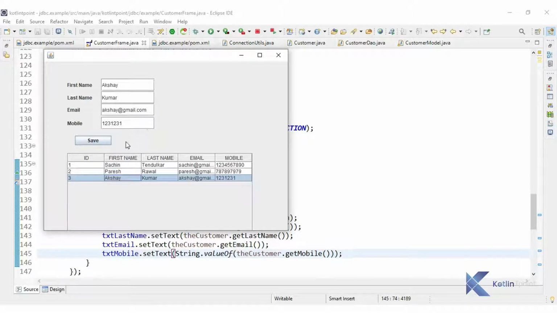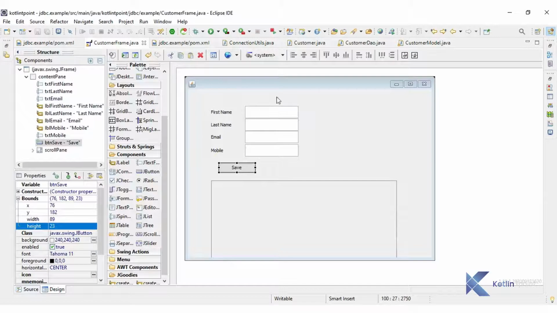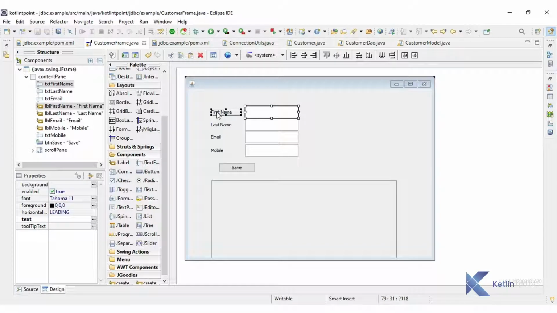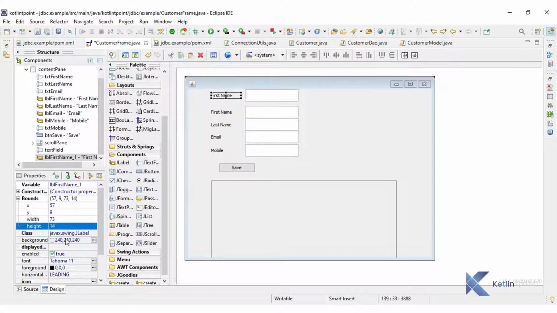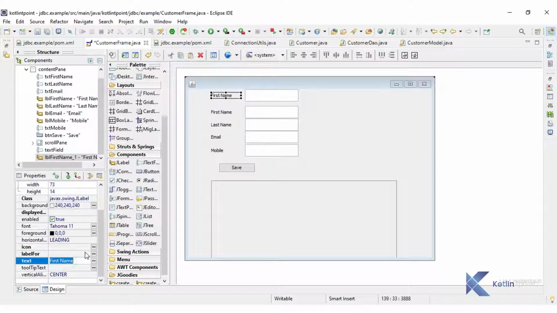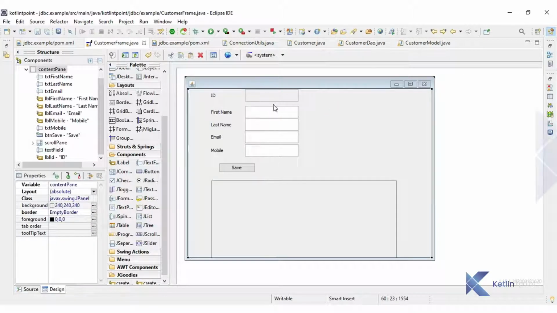And with this we want update and delete buttons over here, and we also need id because update and delete operations are dependent on id. For that we can have one hidden field here. So I'm going to have one text field. You can see I will just copy this and paste here. Okay, we can make this field disabled, and let me set the text property of this label to id. It will not be editable, so we can set enable false here. Okay, and we will set the id inside this box.